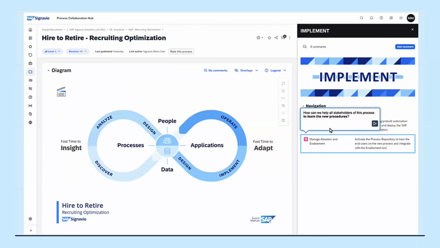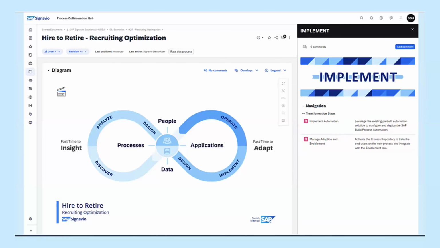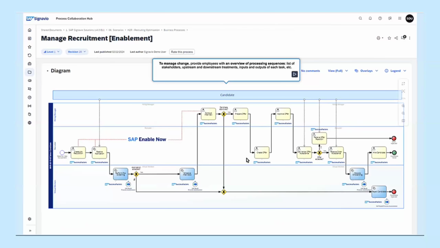During implementation, it's important to have employees embrace changes. We can achieve this in many ways. A key to successfully rolling out change is to leverage the SAP Signavio Process Collaboration Hub, where processes are published in a collaborative mode. In the hub,